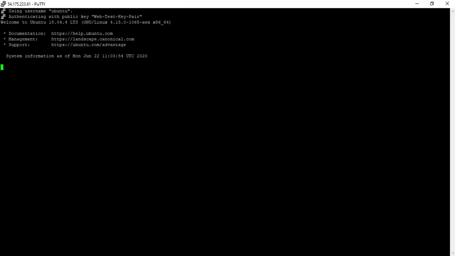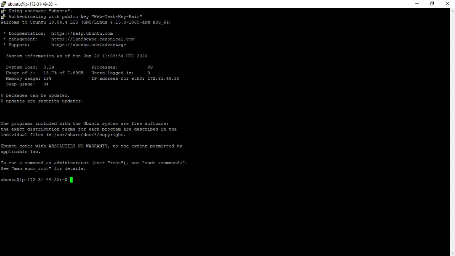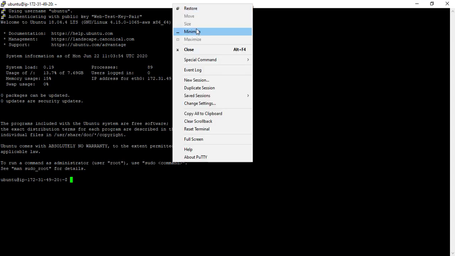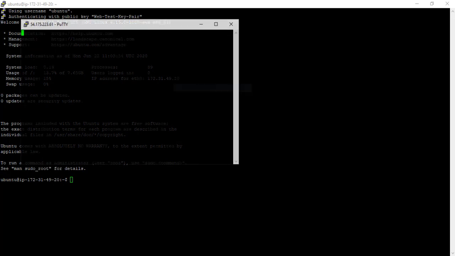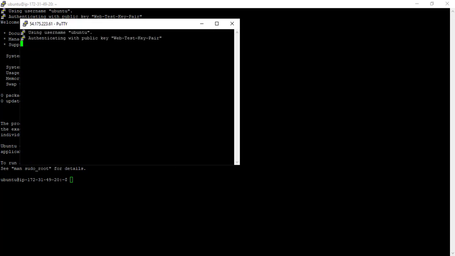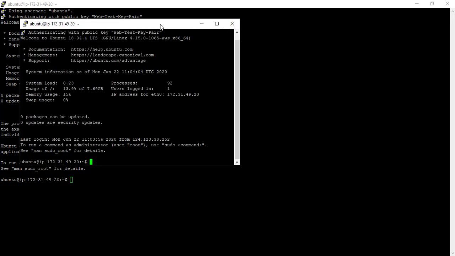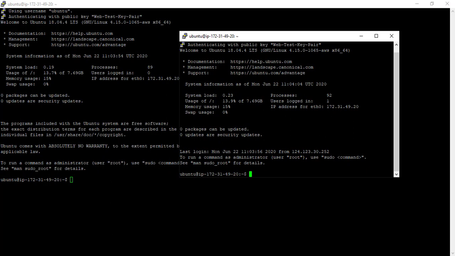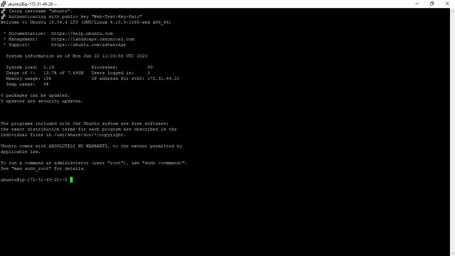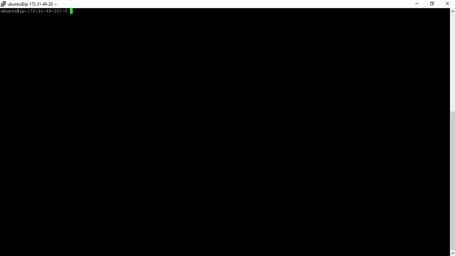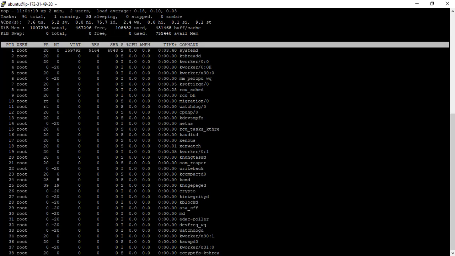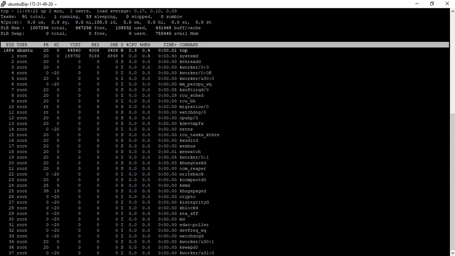To see both in parallel, like what operations are happening here, I will duplicate this session using right click and then double click on duplicate session. So the session will be opened in parallel so that I can run commands and see what is happening. To see the task manager here, we have a command called top. Let me clear the screen first and then run top. It will show the task manager. Initially the CPU usage is 7.6 or 0 units, so we are not doing anything on this.